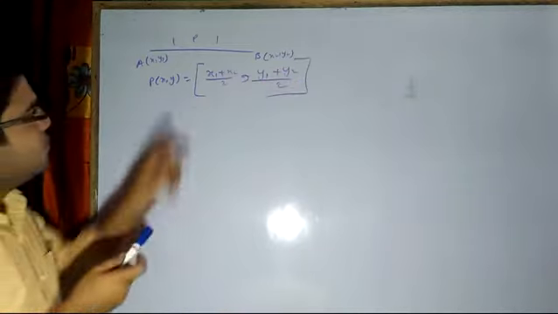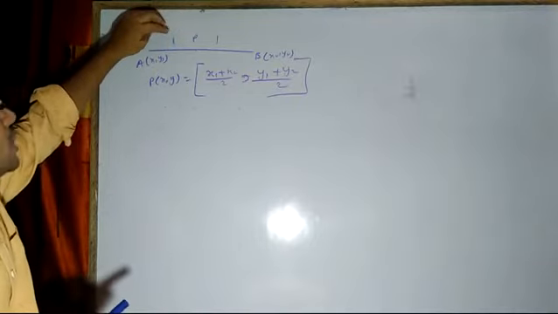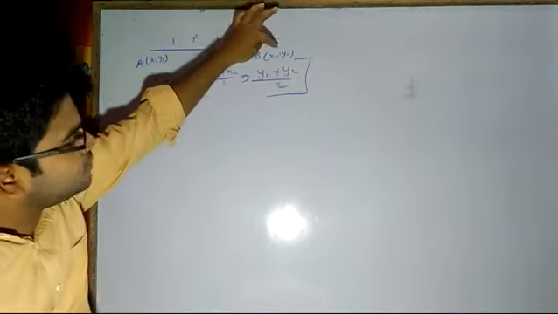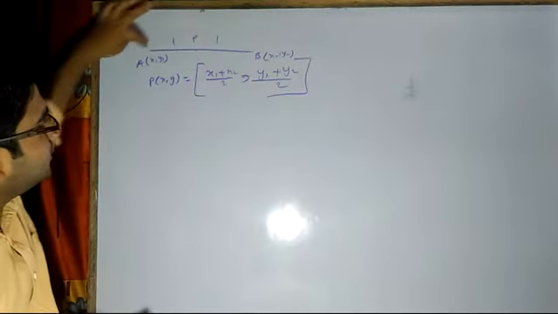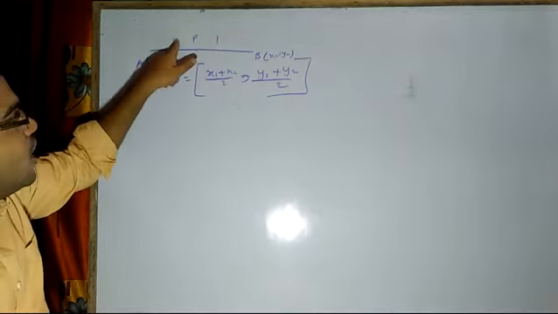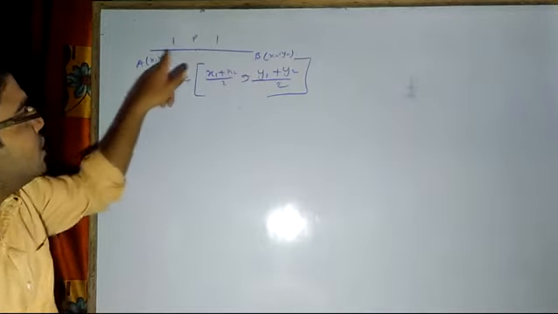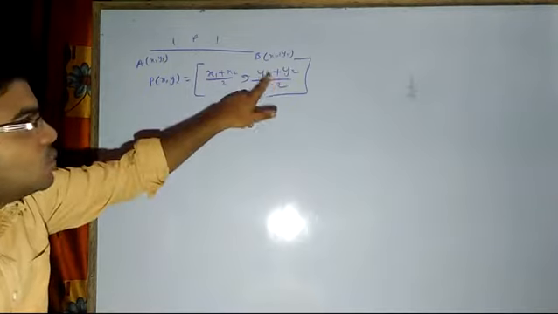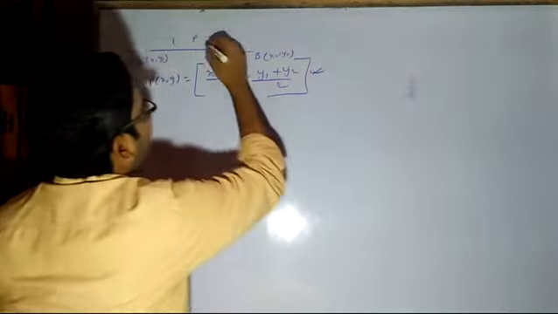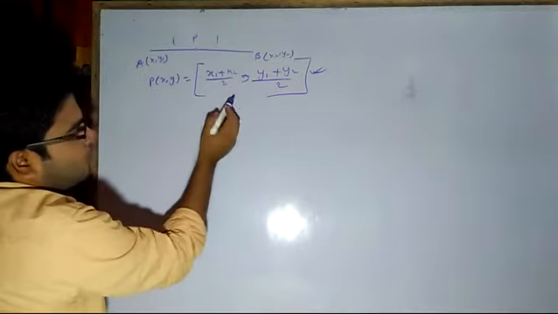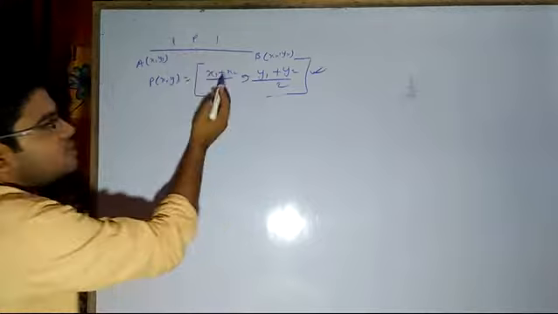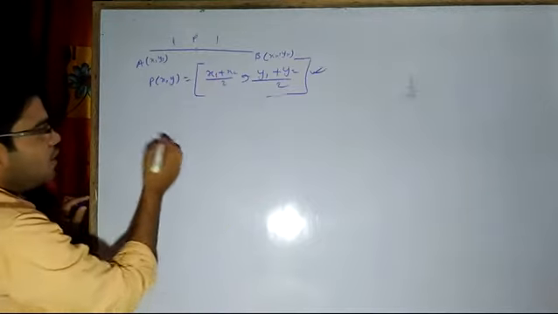Here I have not multiplied with m. Actually m is 1, n is also equal to 1. So 1 multiplied with x2 plus 1 multiplied with x1 will give me this, and 1 plus 1 divided by 2. 1 multiplied with y2, 1 multiplied with y1 upon 2. I have arranged in y1 y2 order. So when we have a midpoint, the points are calculated by the sum of the end points divided by 2.